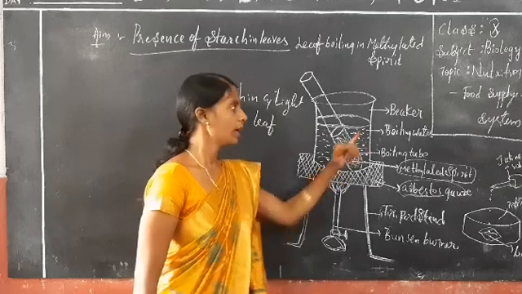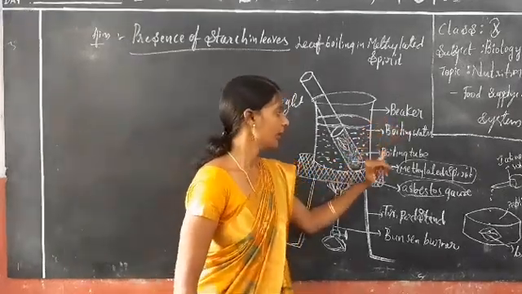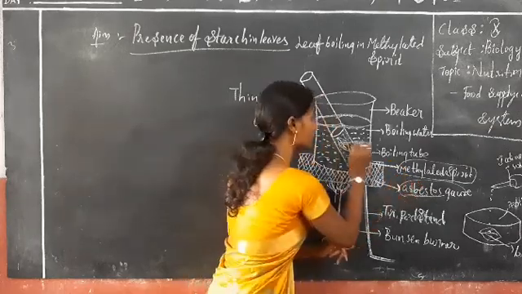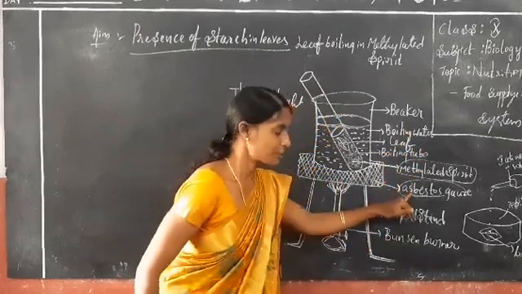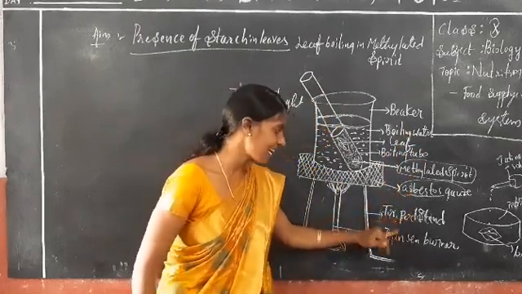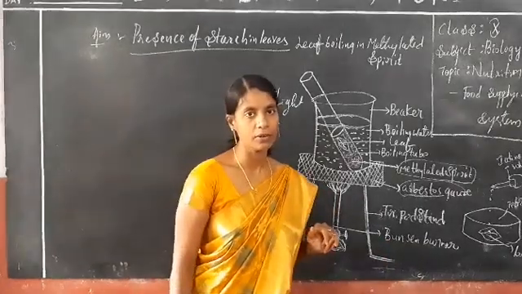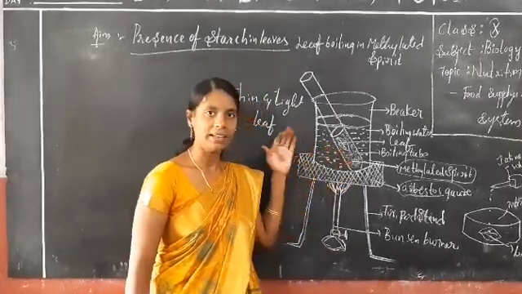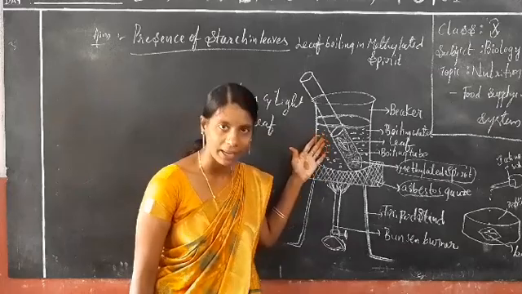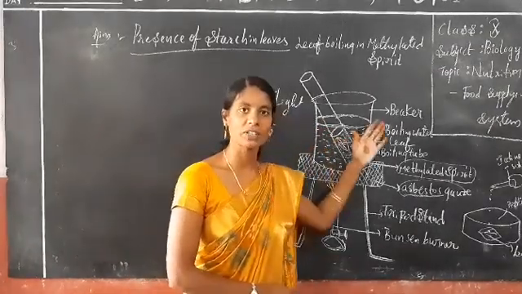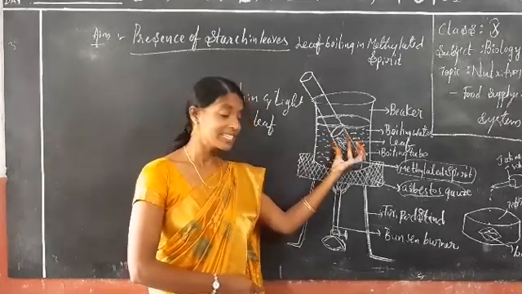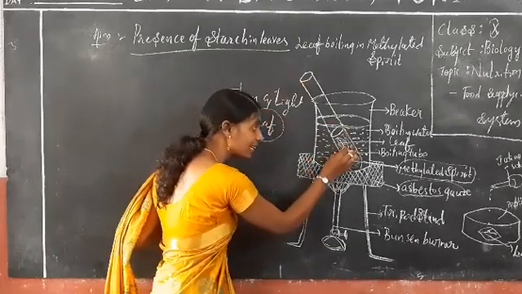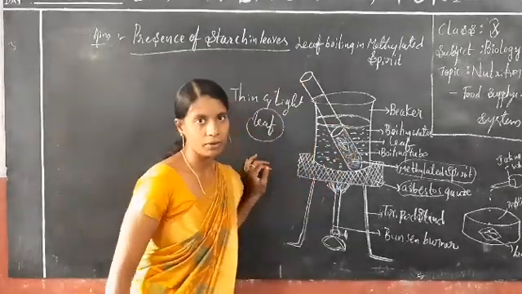So what are the main equipments? A beaker along with some boiling water, a boiling tube containing methylated spirit, and the leaf also, I forgot here, leaf, asbestos gauze, tripod stand, Bunsen burner. Okay, clear all of you? So first of all we selected a soft and thin leaf from the healthy potted plant. After that we take a beaker along with some water and a test tube containing methylated spirit, and the selected leaf we have to keep inside the methylated spirit. Clear all of you? Okay.